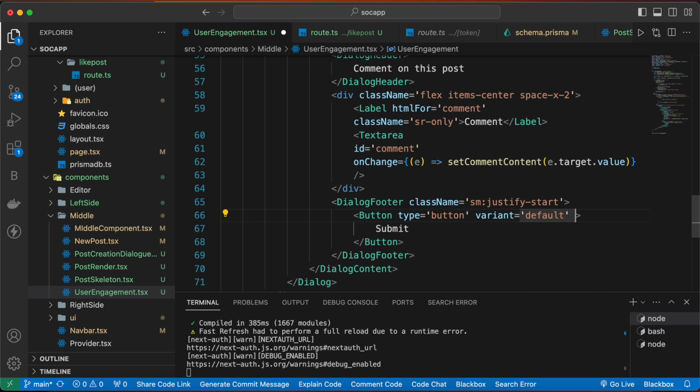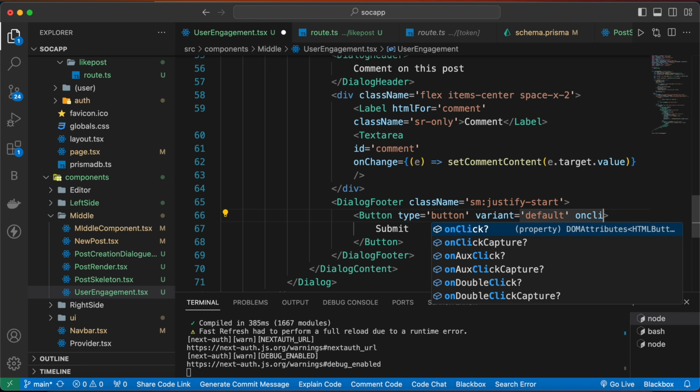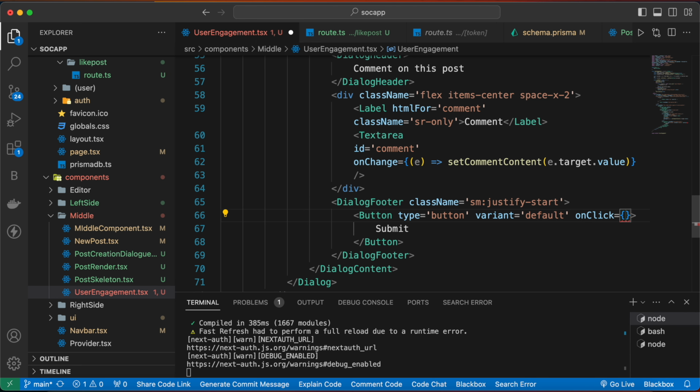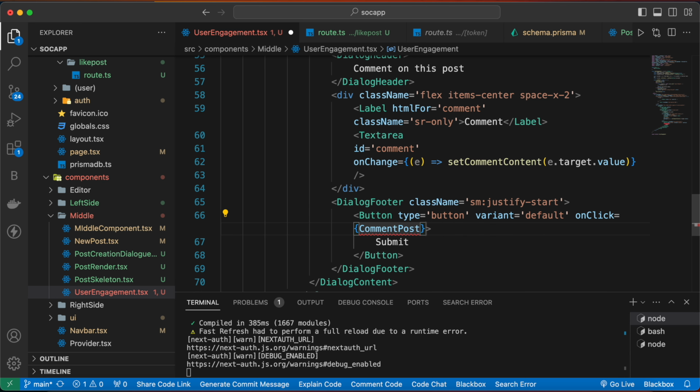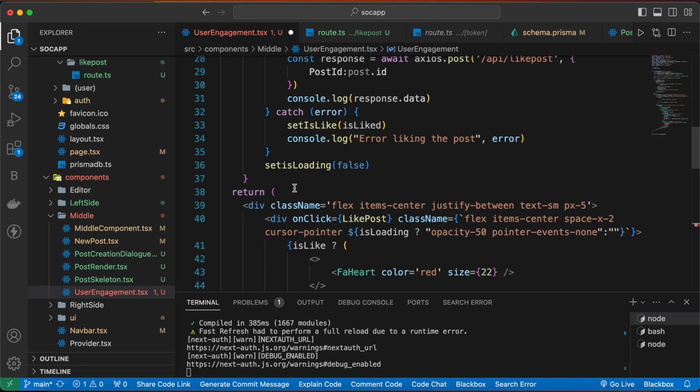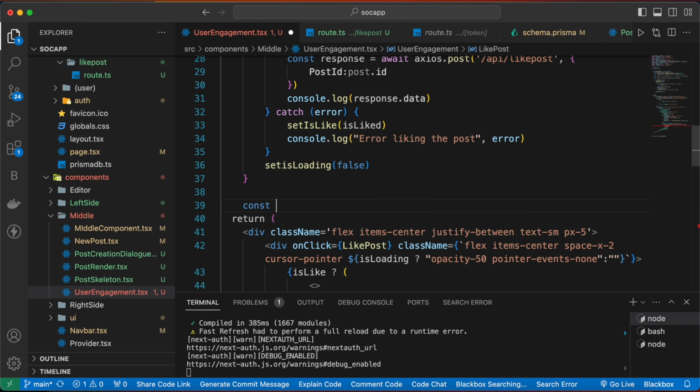Then we are going to provide the onClick handler, so onClick, and this will invoke a function named commentPost, and we are going to define it here, so const commentPost arrow function,